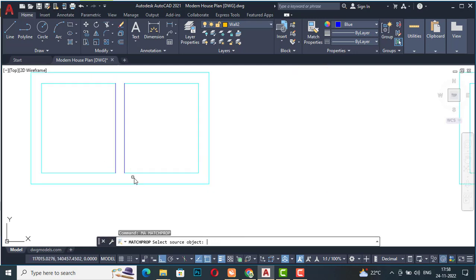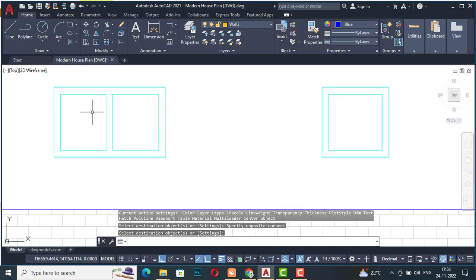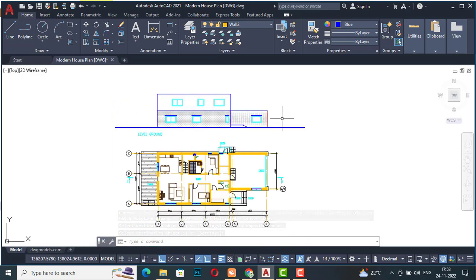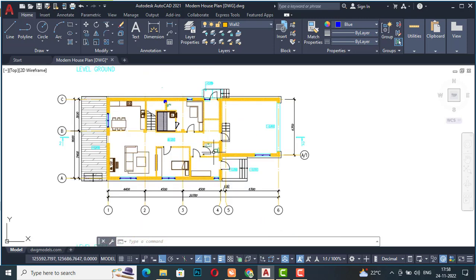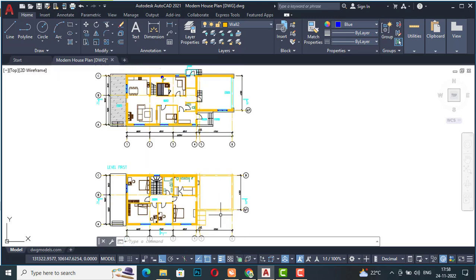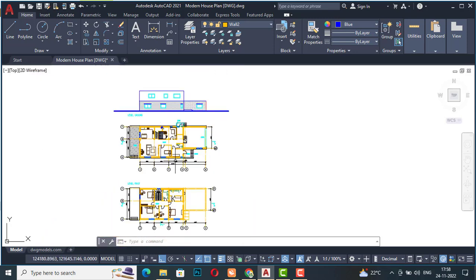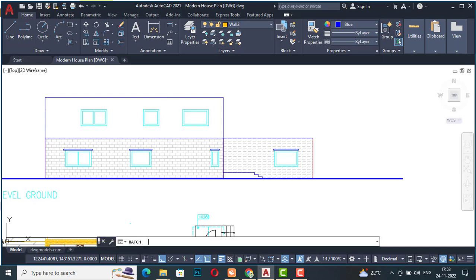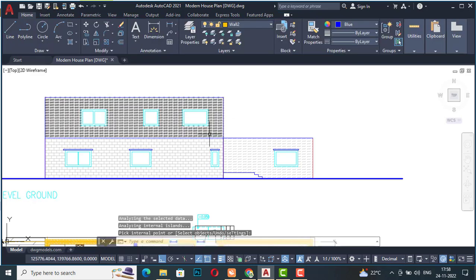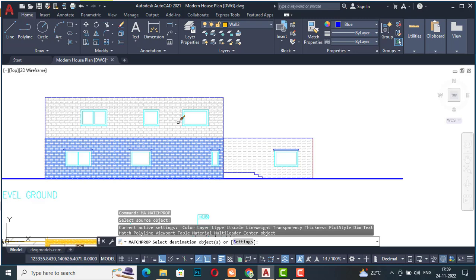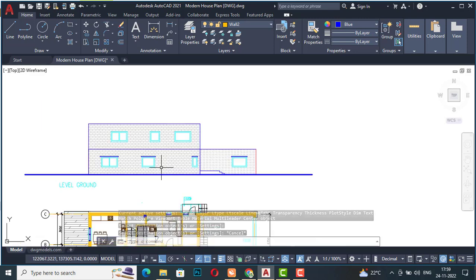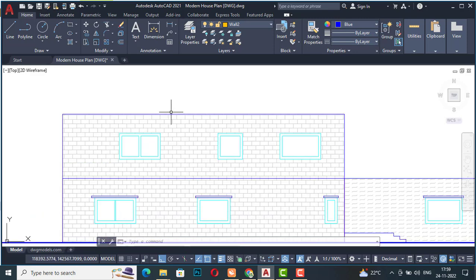You can match the properties here, MA enter. So this is the first floor level, and I am leaving till here. So I am taking this as a roof here of first floor, and this is the ground floor plan. So I'm going to offset this, hatch this first floor, and I will take the same hatch pattern here. I will match these properties. So this is our ground floor plan, this is first floor plan, and now I'm going to take parapet height